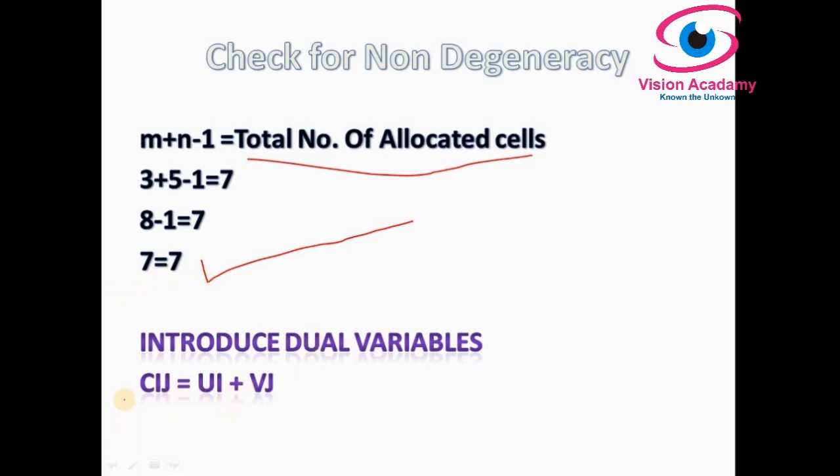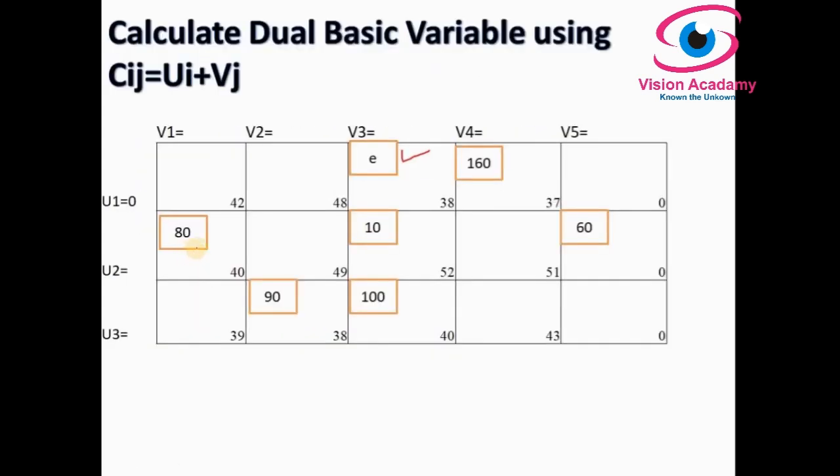So before you go to optimization, now again you need to introduce a dual basic variable. Dual basic variable, that's ui and vj. So let's introduce ui and vj. You know already how to calculate your ui and vj. So you can introduce 0 firstly, and later you can calculate the u and vj using allocated cells. Firstly there is a 0 for ui, and now you cannot calculate for this unallocated cells. You will find penalty for this.